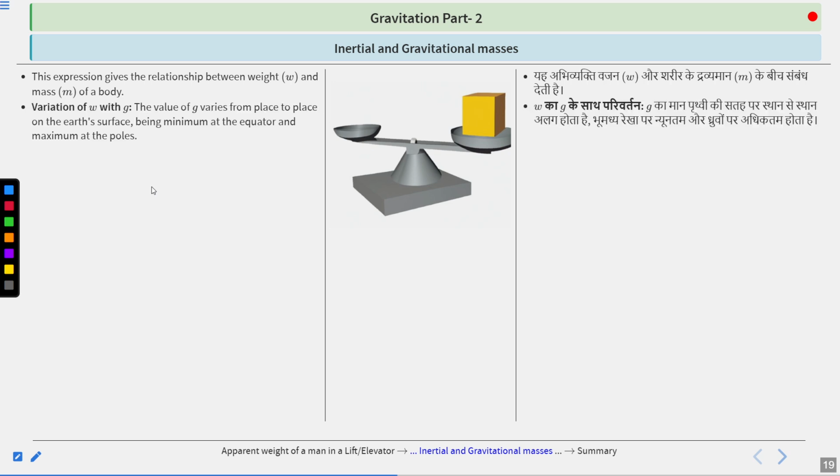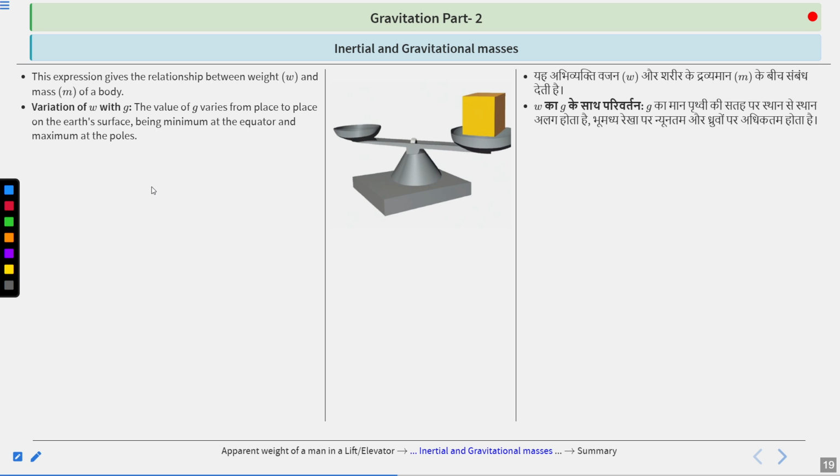Variation of weight with the gravity. Okay. Like mass is actually the measurement of the total material quantity that is present inside the body. Okay. So it doesn't matter what the gravity is, mass will remain the same. Whatever the position of the body, the mass will remain the same because it is the measurement of the materialistic quantity the body possesses. Okay. Whereas the weight is actually the force of attraction the earth is applying on the body to attract that object towards the earth's center.